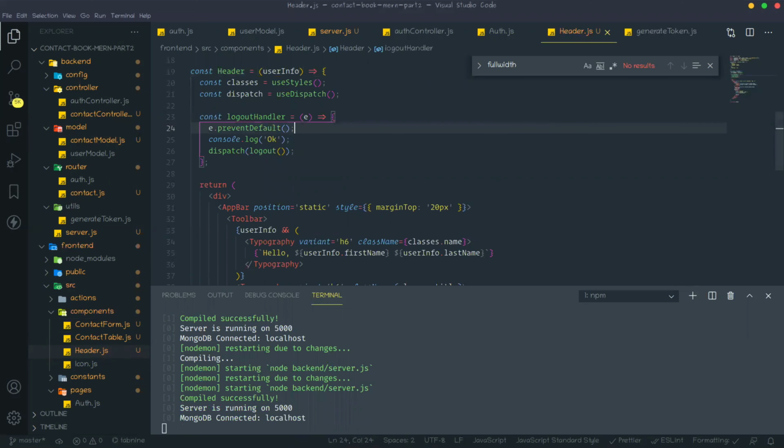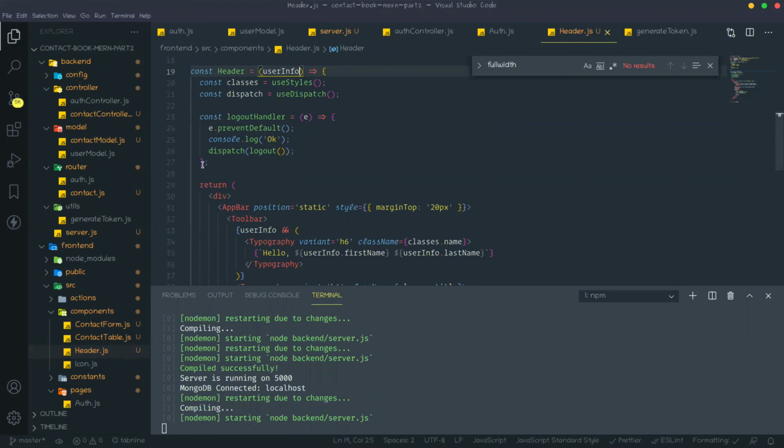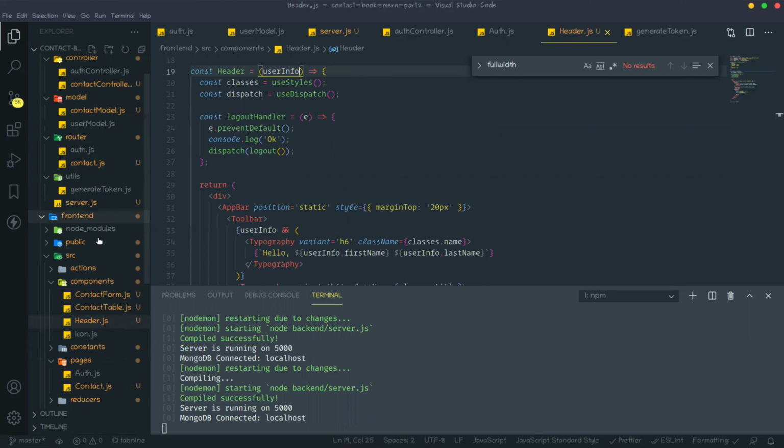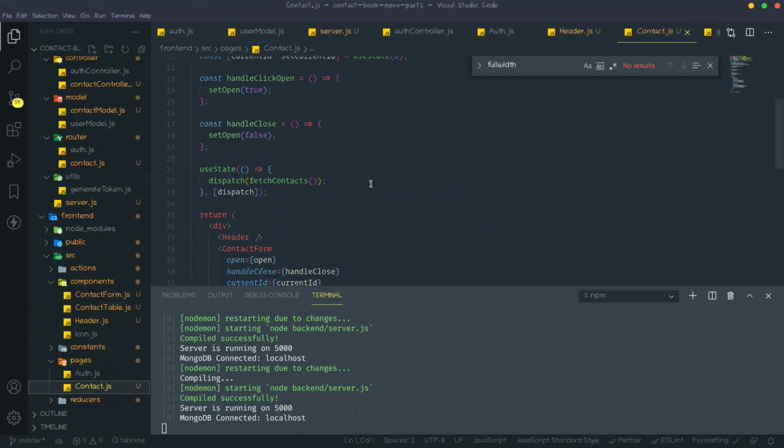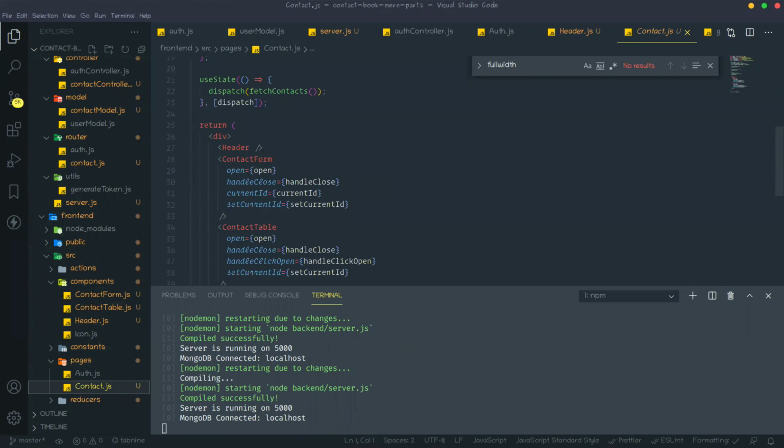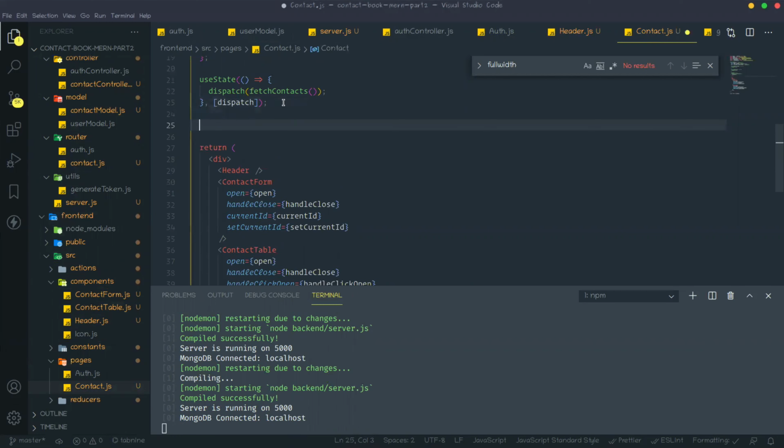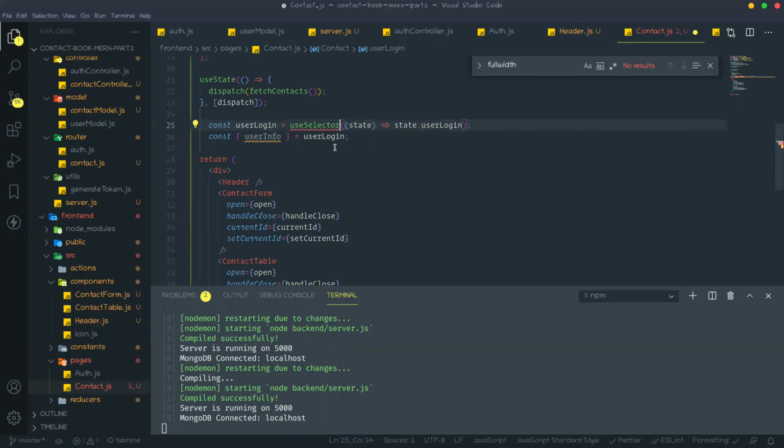from contact.js. So go to the contact page, meaning go to pages, then contacts. Here you need to bring the user info. You also need to use useSelector.